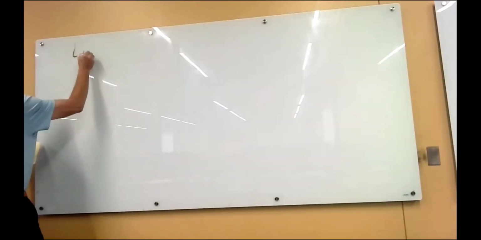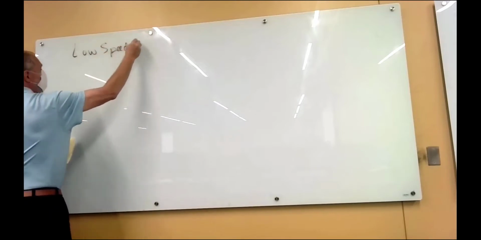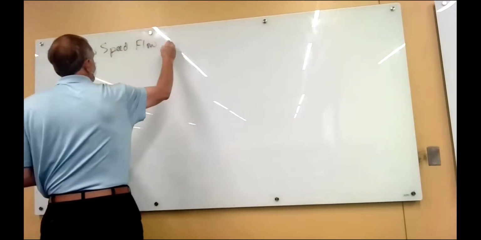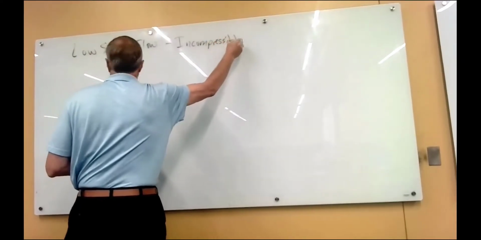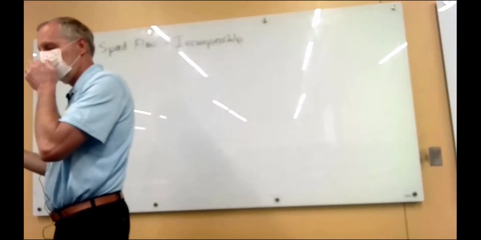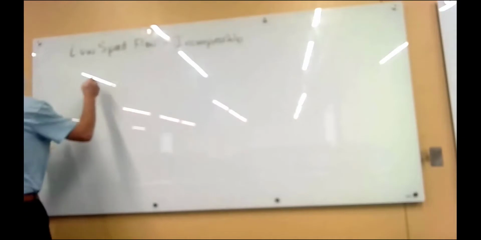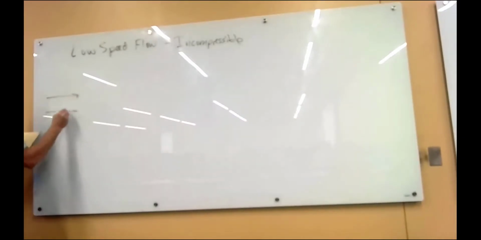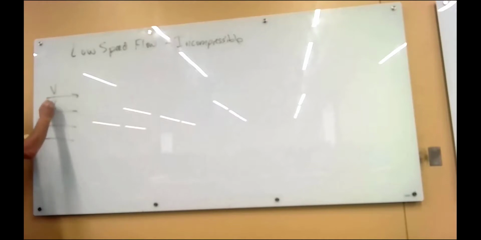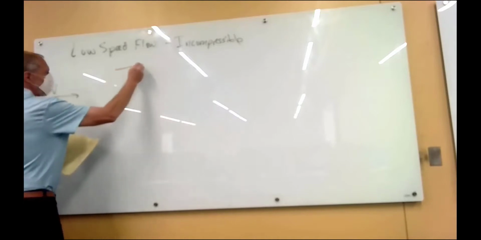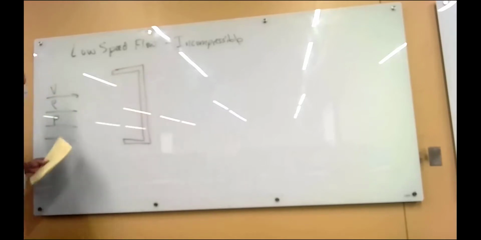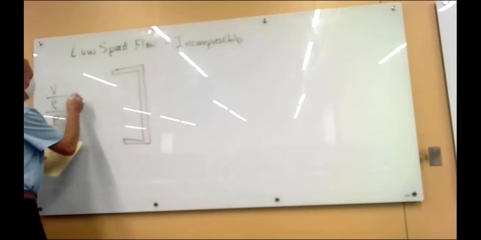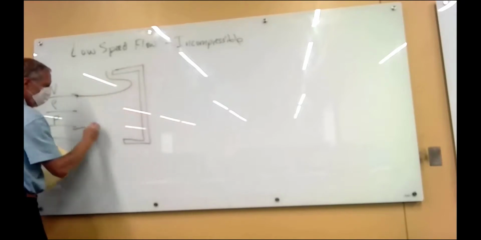Okay, we're talking low speed flow here, so it's incompressible. Imagine flow with a velocity, density, and pressure. And we send that into a box in such a way that the flow is going to come into the box and maybe swirl around